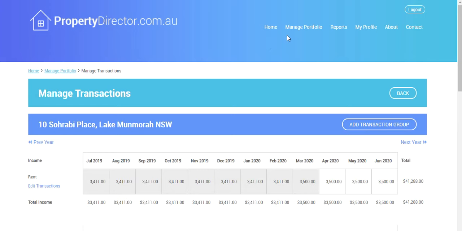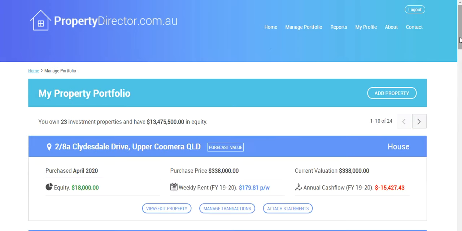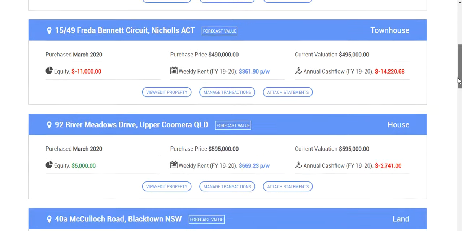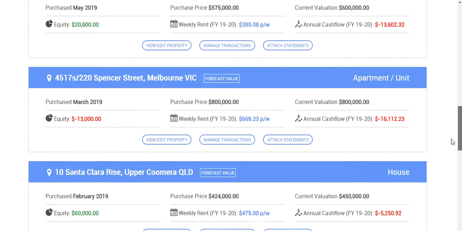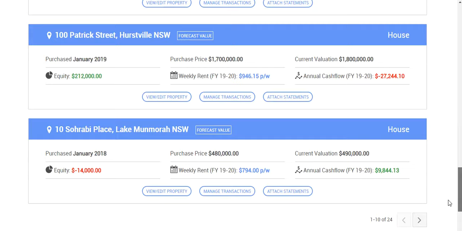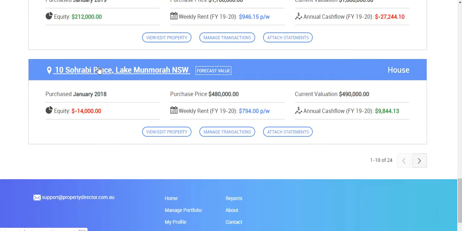Now, if you go back to manage portfolio, we'll see the new property that's been added. So if you go down, it was 10 Suburb Place in Lake Marmora. So here we are. So that's basically where it is, and all your key information is summarized here in this box. Now, what we'll show you now is how you can view the property you've added. So if you just click View Edit Property button, which is within the box,